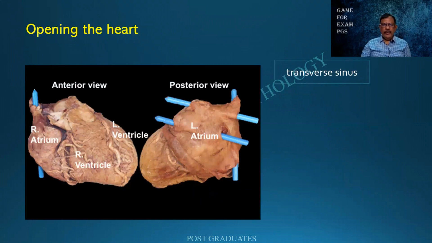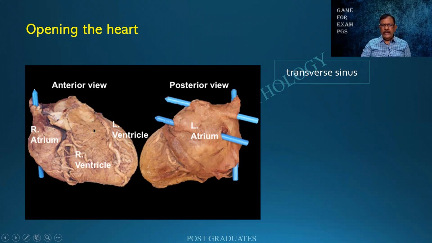Coming back to the opening of the heart, one structure I definitely know will be the superior vena cava and the inferior vena cava. These are perpendicular. So what I do is I keep these straight. The remaining heart falls in place. So when you are asked to show the anatomical position of the heart, this should be it. And there will be a slight tilt in the apex of the heart. This is the base of the heart. This is the apex of the heart. This is the coronary sulcus in which you find the coronary artery.